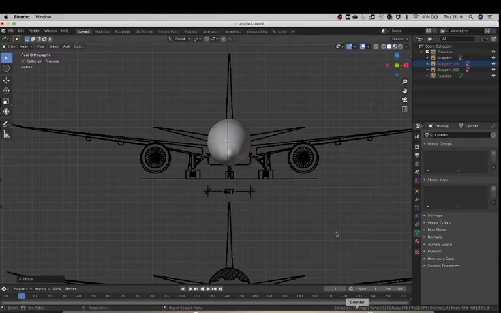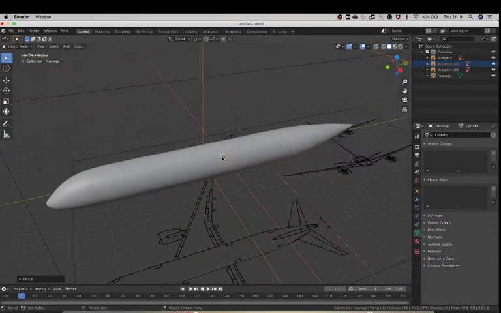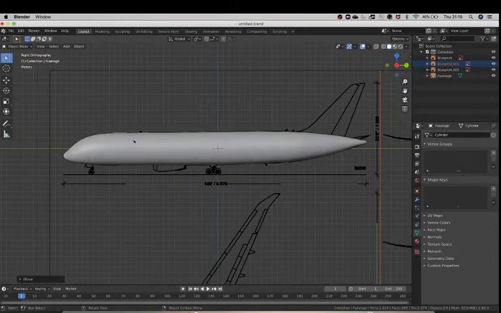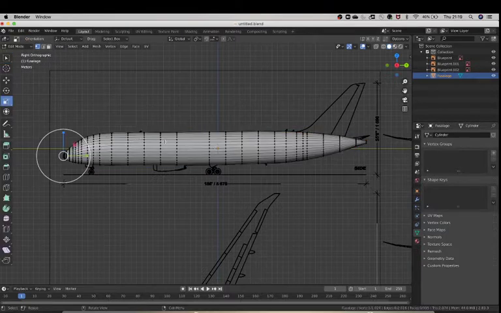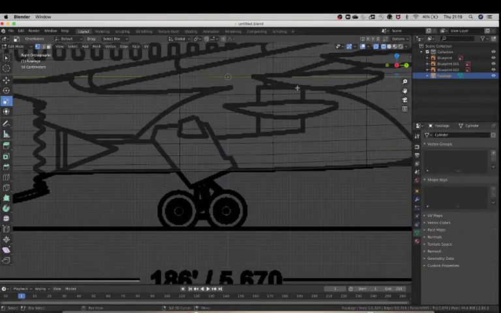Okay, guys, so today we will be continuing the work on our plane. So we did the fuselage last time. I think you guys should have done it. Looks okay, looks nice. But now we will be adding the windows and the cargo doors and as you can